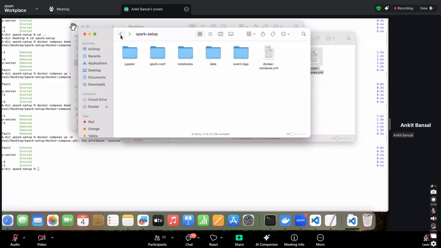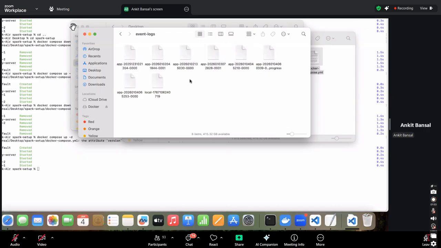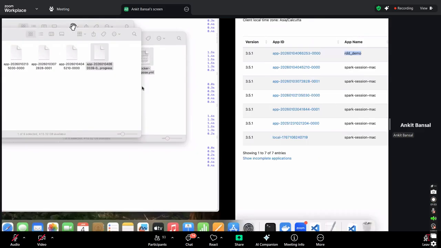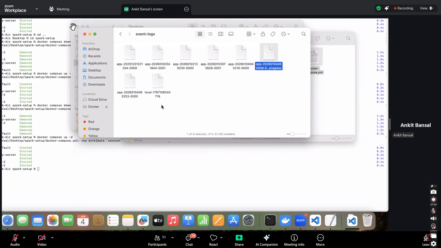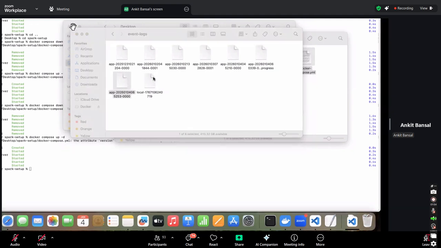So event logs. See, this is the app. This is for each session that you created between Spark session start and stop, right? That will be one session until you say stop. So all data will be going in the app history server, and for each of that one file will be there. So 1, 2, 3, 4, 5, 6, 7, 8 are there, and here also you will see 8, maybe 7 or 8, whatever. This is local actually. This is not the app. So you have 7 and here also 7,